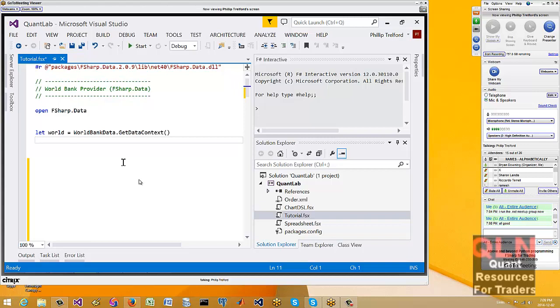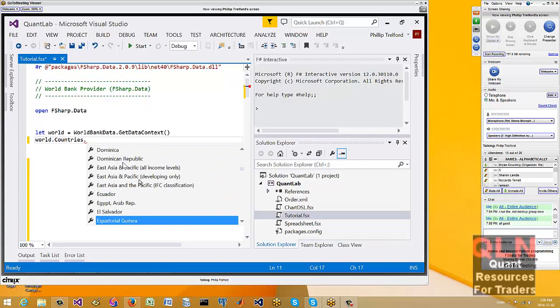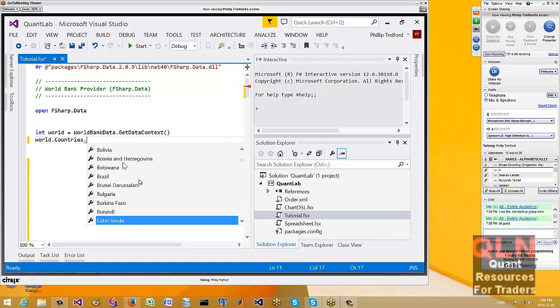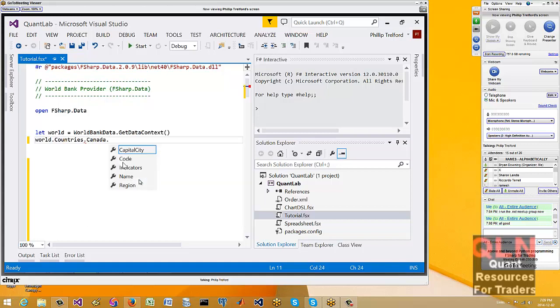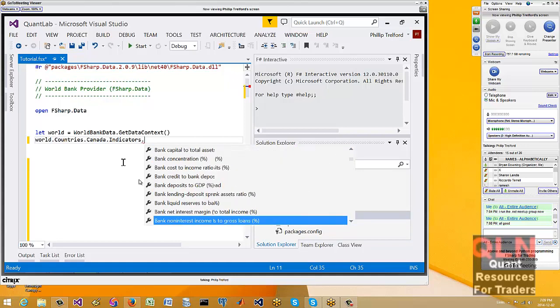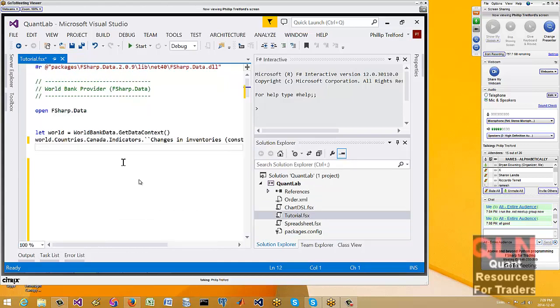So we've literally just loaded in a package. I've got a connection to the World Bank, and now I can type world dot, and I can access all of the information across all of the countries in the world that the World Bank has data for. And as I'm typing, it's going and pulling the data down directly from the World Bank. So it's lazily evaluating. It's not on my machine. And you can see these are the kind of information that we have from the World Bank. So literally within a couple of keystrokes, I'm able to access huge amounts of information, which is pretty exciting.